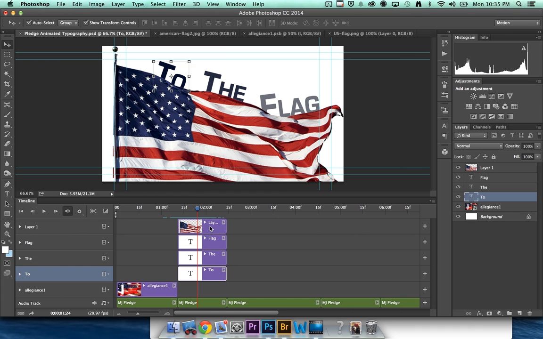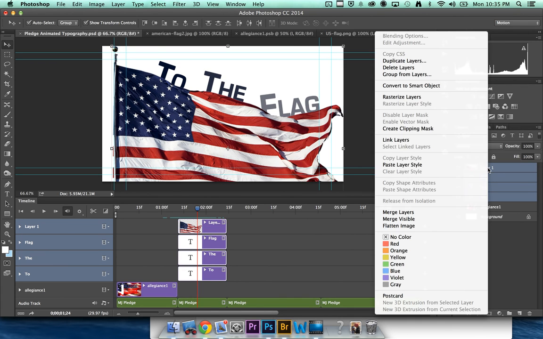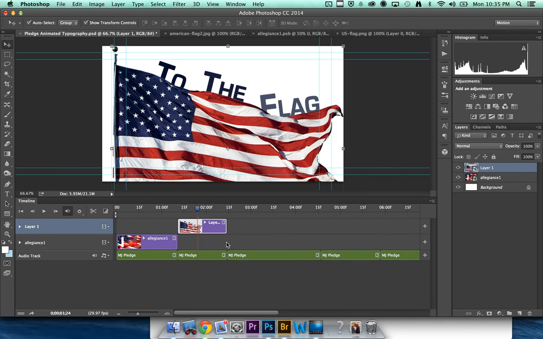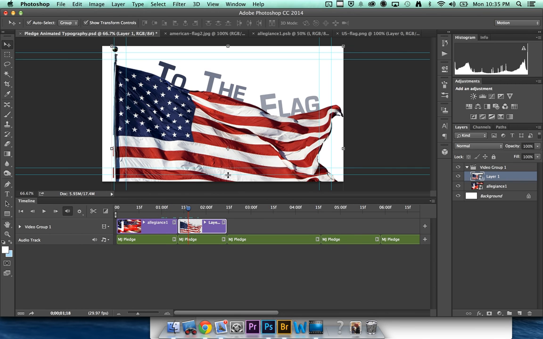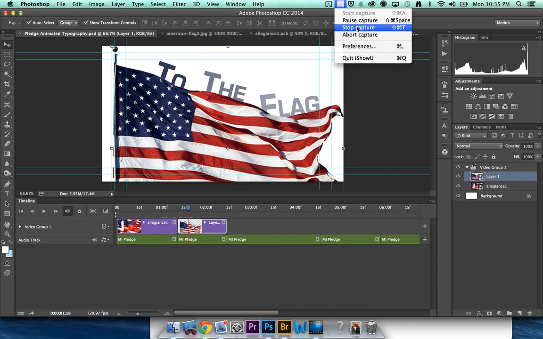Again, before I stop, after I'm done, I take all those layers that are on that, control click, convert to smart object, bingo bango. I can even move it down in the same group, and that way I don't have way too many layers. Save, and